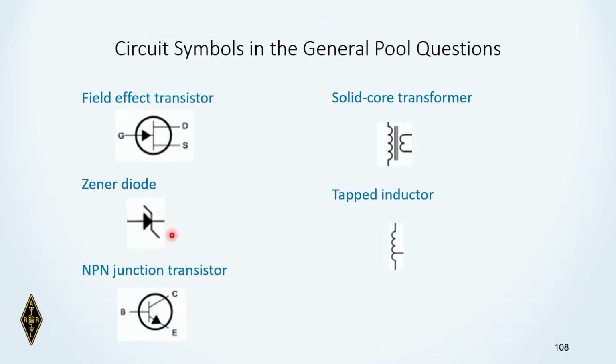A Zener diode, this is the symbol, it's got kind of a Z on it. An NPN junction transistor is this symbol. A tapped inductor, or excuse me, a solid core transformer. This would be like the one where we calculated the turns ratio. We've got an iron core and a primary and a secondary. Solid core means that it has some kind of a metal construction for mutual inductance. Now, a tapped inductor is just an inductor that has a tap on it. So with that,